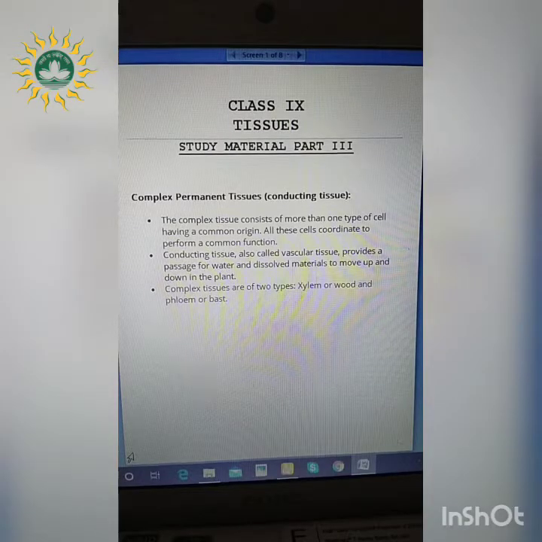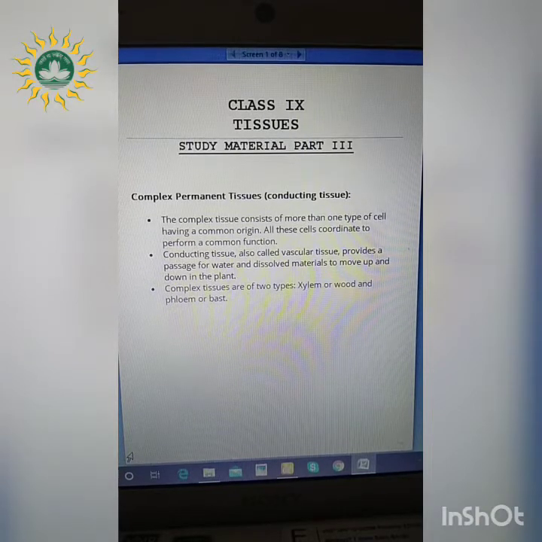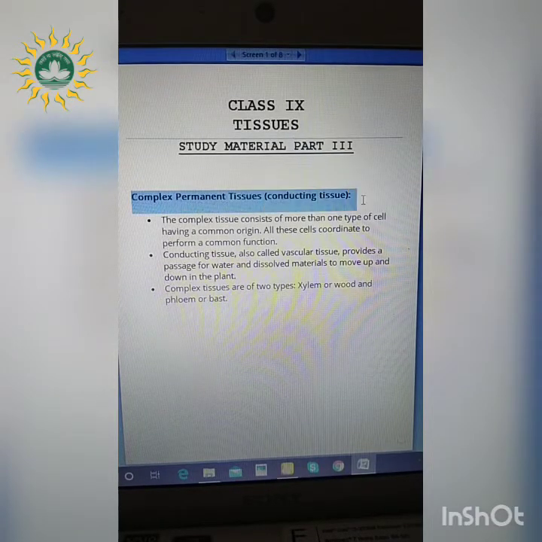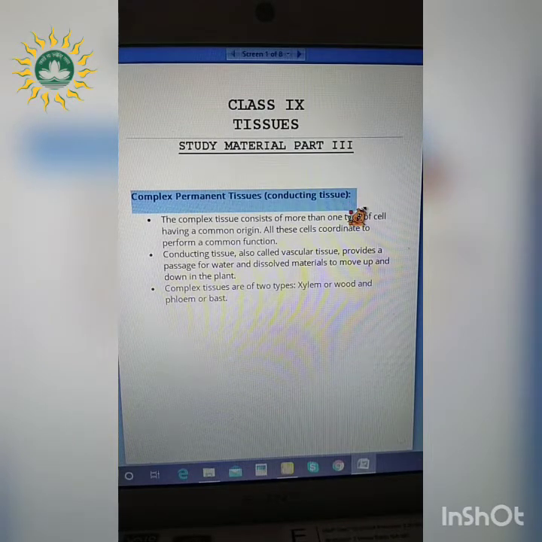We know that the permanent tissues are of three types, right? So what are those? Simple permanent tissues, complex permanent tissues and productive permanent tissues. In the previous class, we have learnt about the simple permanent tissues such as parenchyma, collenchyma and sclerenchyma. So today in this class, we will learn about the complex permanent tissues such as xylem and phloem and the productive permanent tissues. So first let's start with the complex permanent tissues, which are also referred to as the